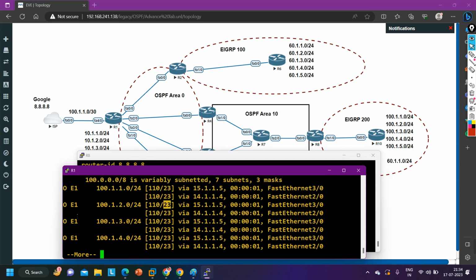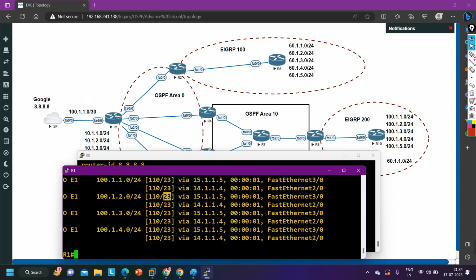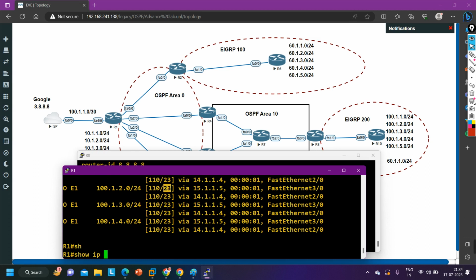Now what is the cost? 23. Cost is 23. So see, if you want to see how this router has calculated this cost via both sides, show ip